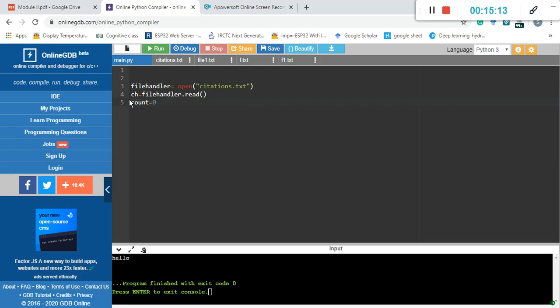Now, as I said, I want to count every line in the given file. I will assign count is equal to 0. Since I want to access every line, "line" is not a predefined word, rather it is a variable created by the user.